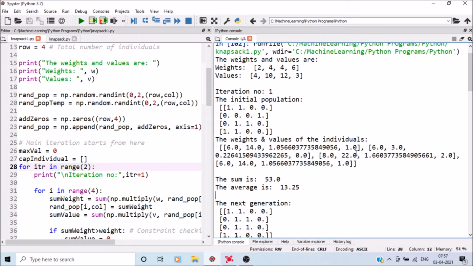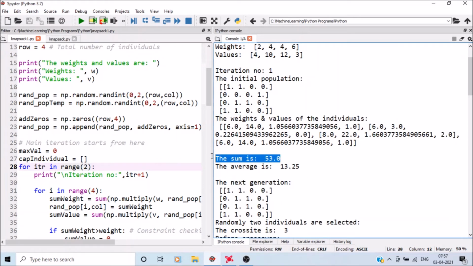So we need a single copy of the first chromosome, 0 copies of the second chromosome, 2 copies of the third chromosome, and 1 copy of the last chromosome. So the total sum is 53, and the average is 13.25. We need this average to calculate the fitness.